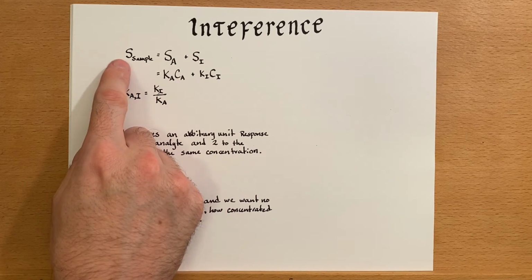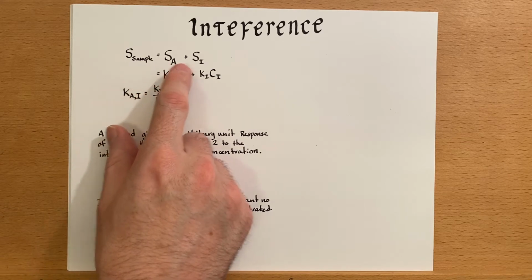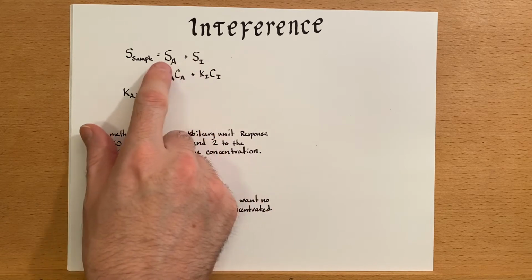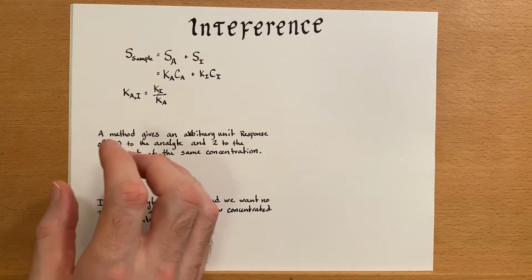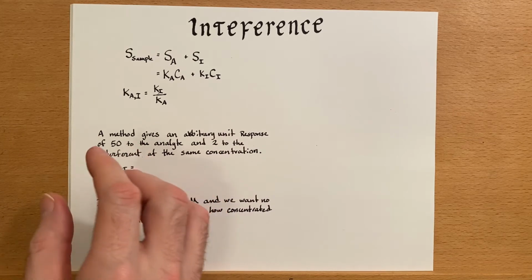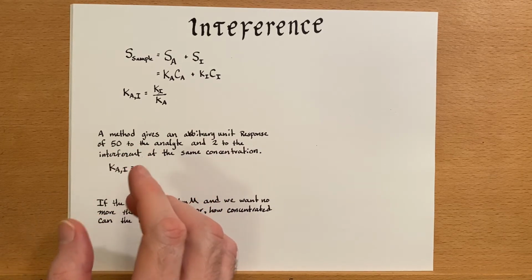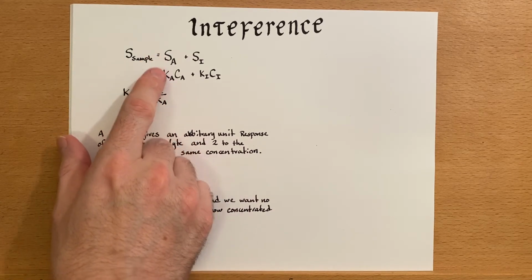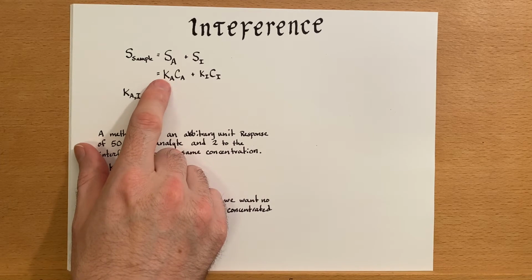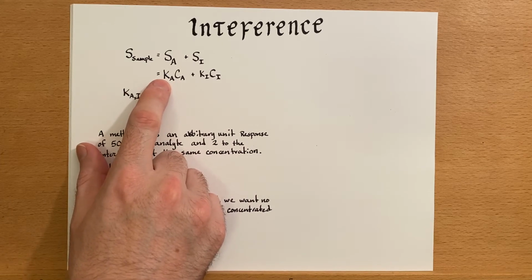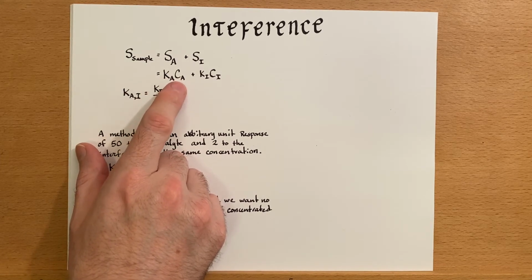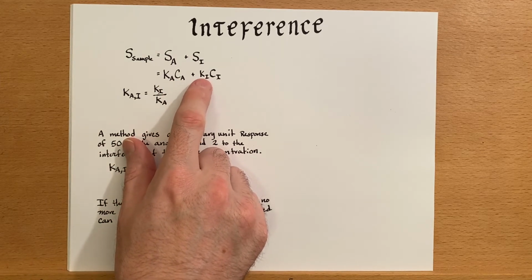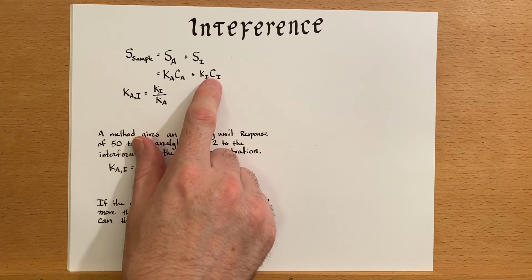So here we have a sample. It contains our analyte and an interferent. This is the signal from both, and we'll add those together. That will be what we actually measure. Now, let's assume that we're dealing with a concentration-based method. And if that is the case, then we can expand the signal from each of these components into the proportionality constant for the analyte times the analyte concentration plus the proportionality constant for the interferent times the concentration of the